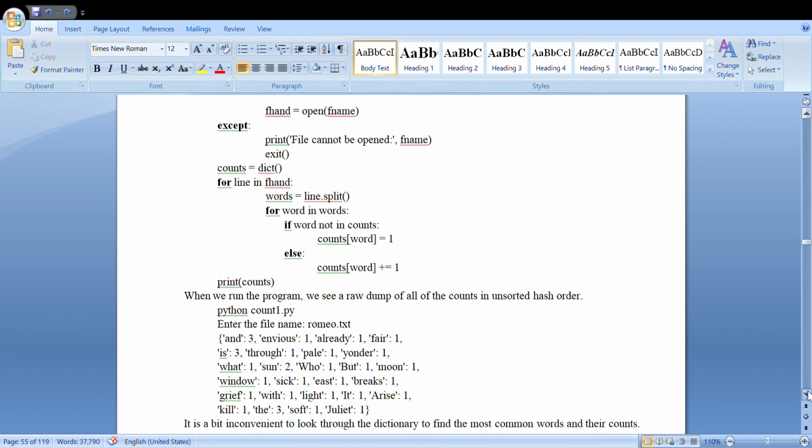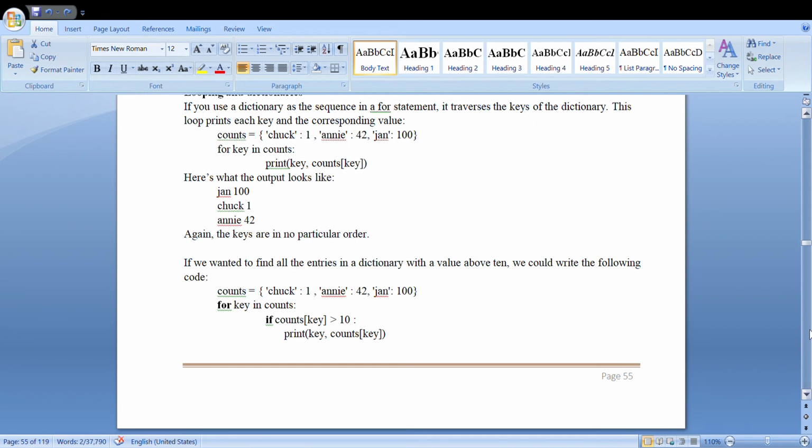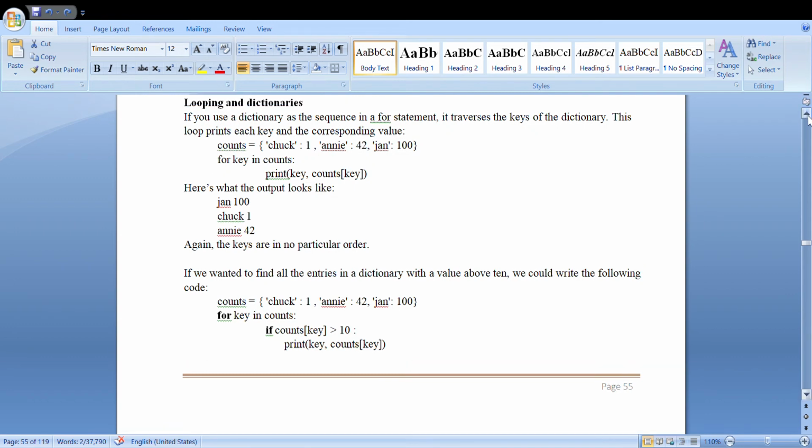If you execute this, maybe in your system you may get a different order here. This is like an unsorted hash order. You should not worry about the order here. The only thing you need to worry about is the occurrence. It is giving us the occurrence accurately, which is what we need. As I told you, if you see here, this is occurring 3 times. Basically, the occurrence of all the words is being found out using this program. I'll execute it and show you in the video also.